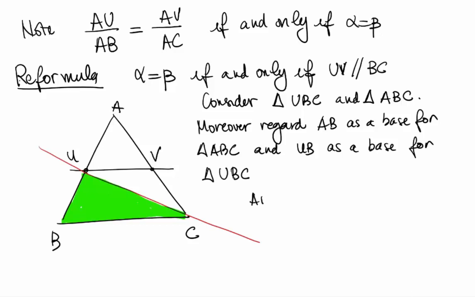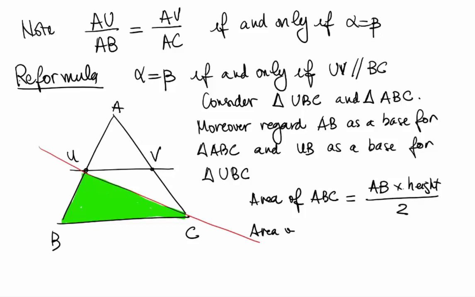Now, the area of ABC is going to be, again, base times height over 2, right? So that will be AB times some height, which is unclear. We don't know what the height is, but that's okay, over 2. And then the area of UBC is going to be UB times the same height